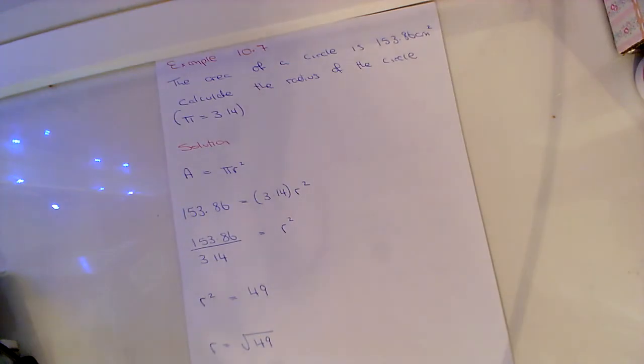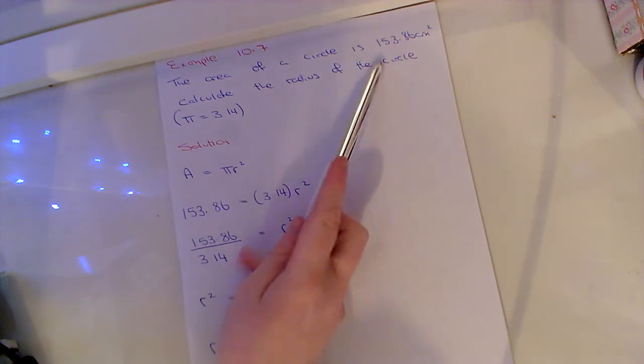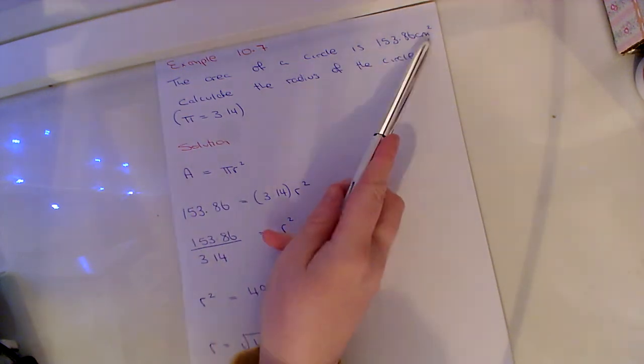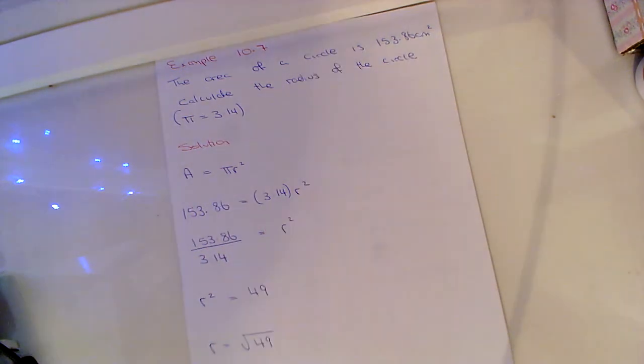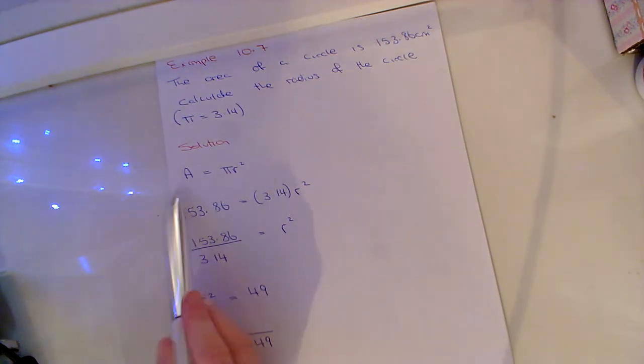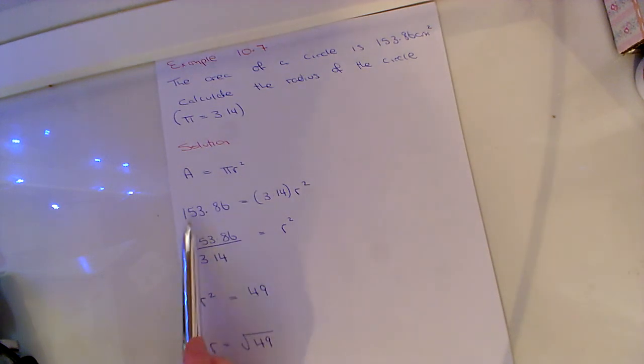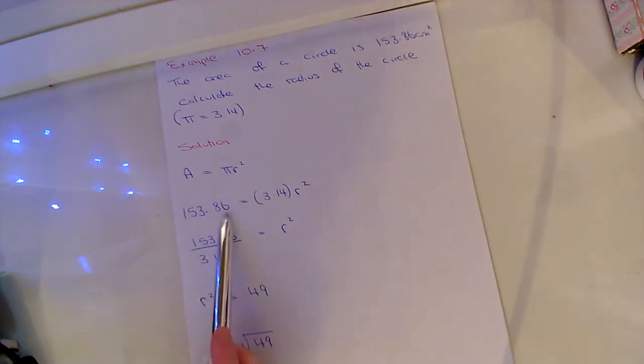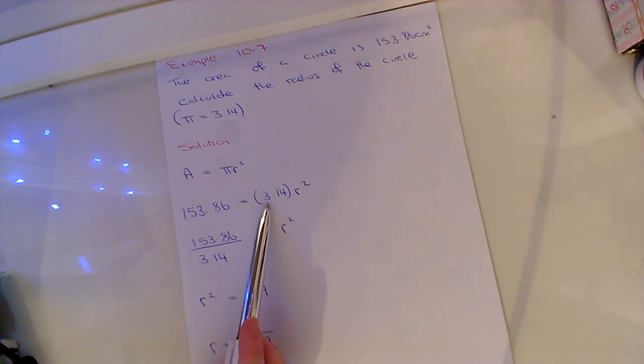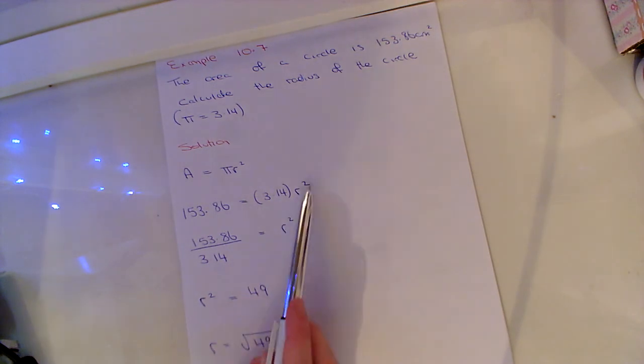The next example that I'm dealing with is the area of a circle is 153.86 centimeters squared. Calculate the radius of the circle. So I'm looking for my r, and I'm told to take pi as 3.14. So I write down my formula. Area is equal to pi r squared. So I have my area, which I was given,